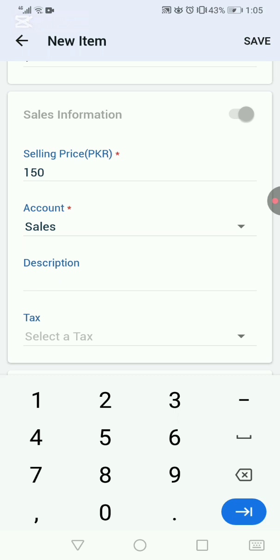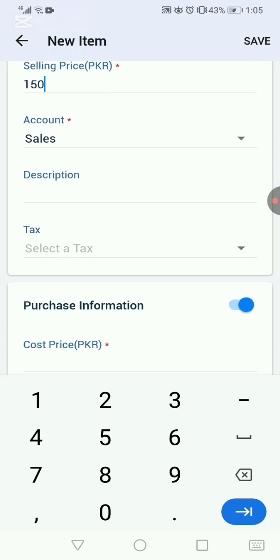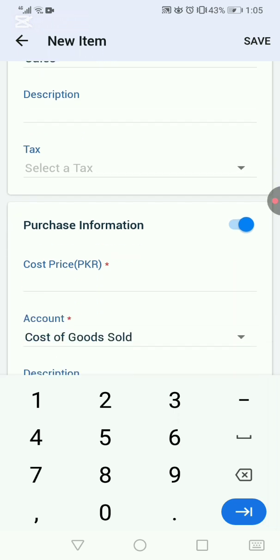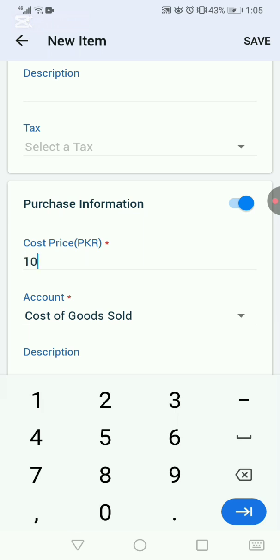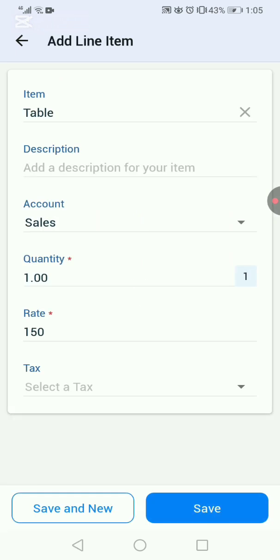Description, if you want to write what color you are using, what size the table is, tax rate if you want to add 10%, 20%, cost. Now you are selling this table for 150. Obviously its cost price would be less than 150, 100 we are making. So in this way you can save it. All right, so now table, and then you have sold one quantity, 150 was the rate. Here it has been completed,